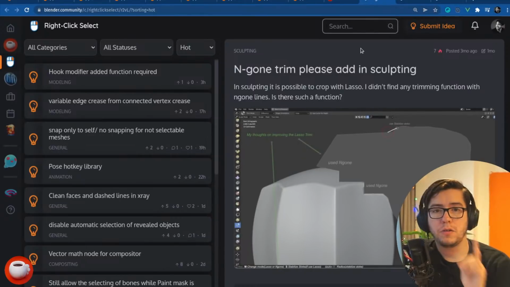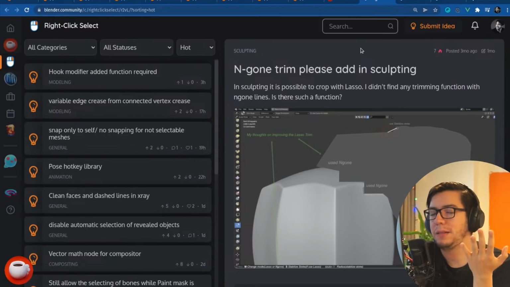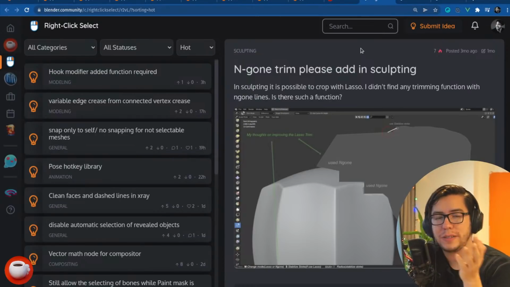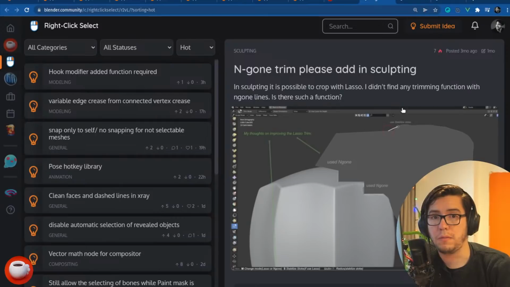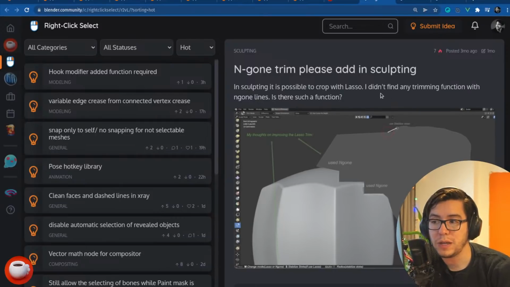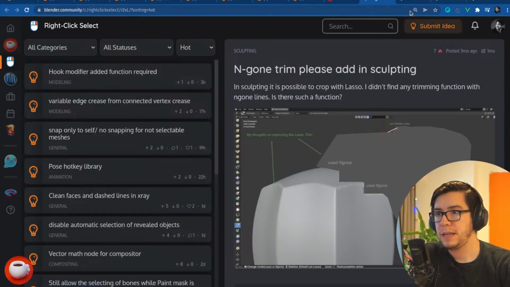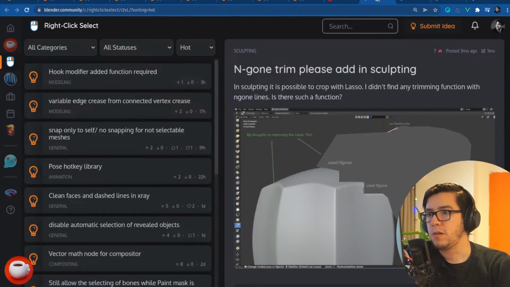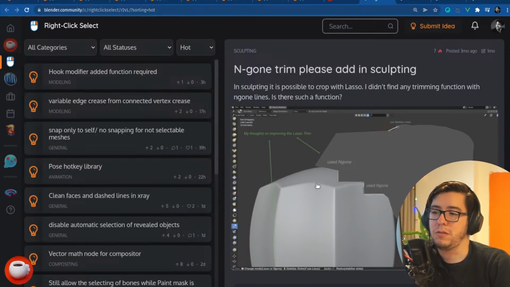Oh, by the way, there is a new blog post coming this week, hopefully, on sculpting, on what's happening in sculpting, what's the future and the present, because there is actually development happening in a branch, the Sculpt Dev branch. So there will be more news this week, and I'm going to mention it on Monday if there is. But this doesn't look too complex for an experienced developer, or even one developer that wants to start getting involved in it. If you look at the lasso,